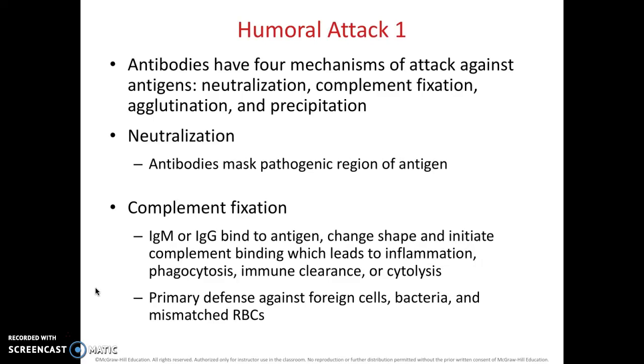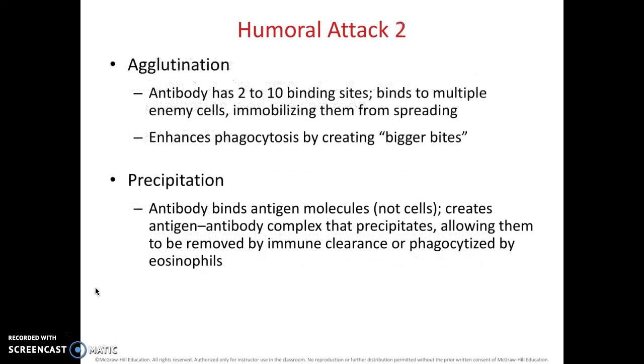Remember from our blood lecture, there are humoral attacks if you are being transfused with the wrong type of red blood cell. So during that humoral attack, agglutination also occurs. An antibody has 2 to 10 binding sites, so it's able to bind to multiple enemy cells, immobilizing them from spreading. So they basically make them agglutinate. They kind of gather them all up. And this will enhance phagocytosis by creating bigger bites, meaning that each one macrophage can eat more of the enemy